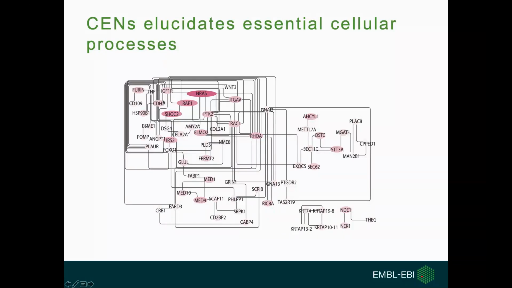Another interesting point is IGF1R. This is a receptor tyrosine kinase, so it is also enriched. It is essential when NRAS is mutated, but when BRAF is mutated, like in the other melanoma cell lines, it's not essential because BRAF is always active and doesn't need any upstream signaling. So it really makes sense. These are examples of how we can use CENs